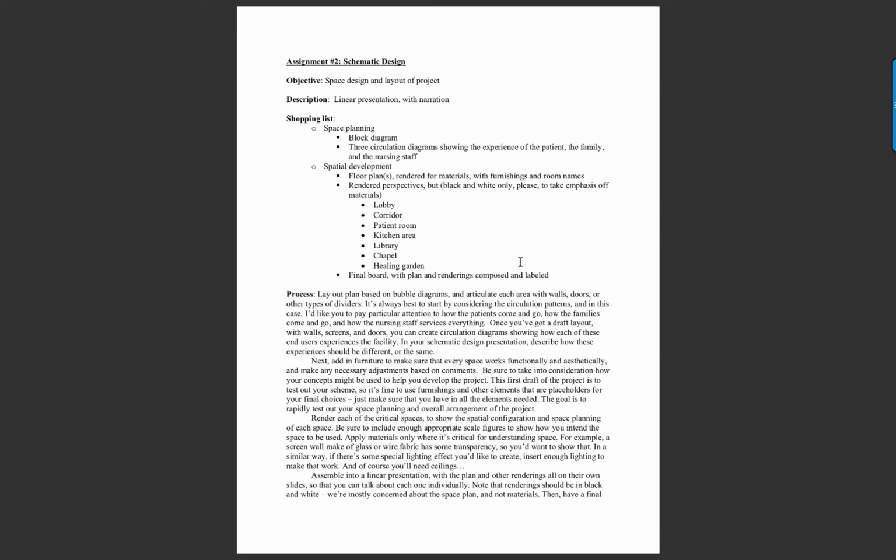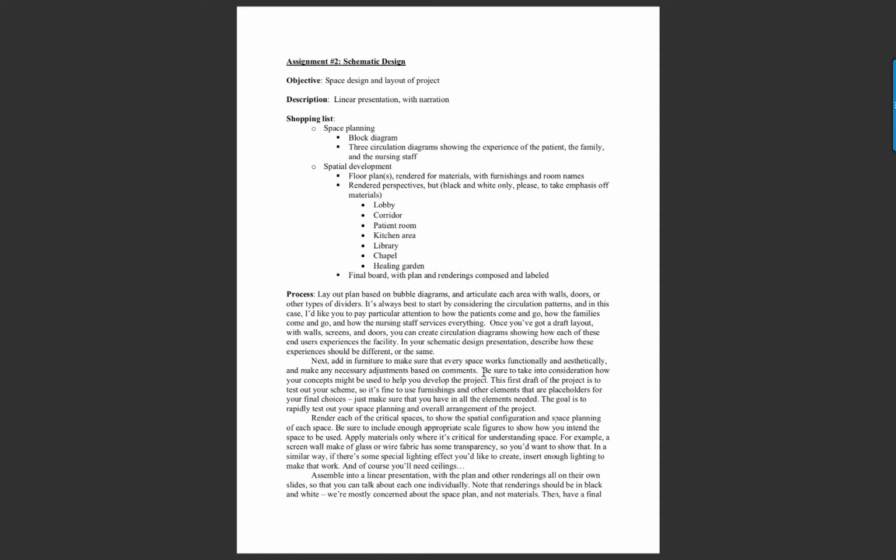And there's many different ways that people can kind of jump into space planning, but the easiest I find is take a screenshot or save an image of the floor plan for your chosen building and pop it into Illustrator. It looks like most of you are doing your bubble diagrams in Illustrator, and then literally move around your bubbles, turn them into blocks just by kind of editing them. And that should allow you to convert your bubbles into a floor plan. So be sure to save that block diagram, post it for some comments,